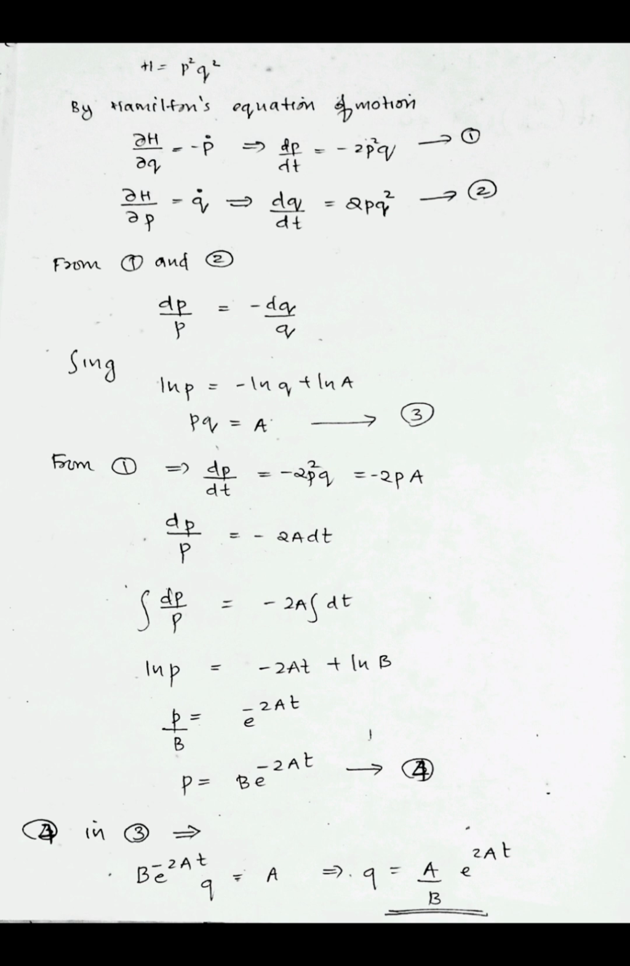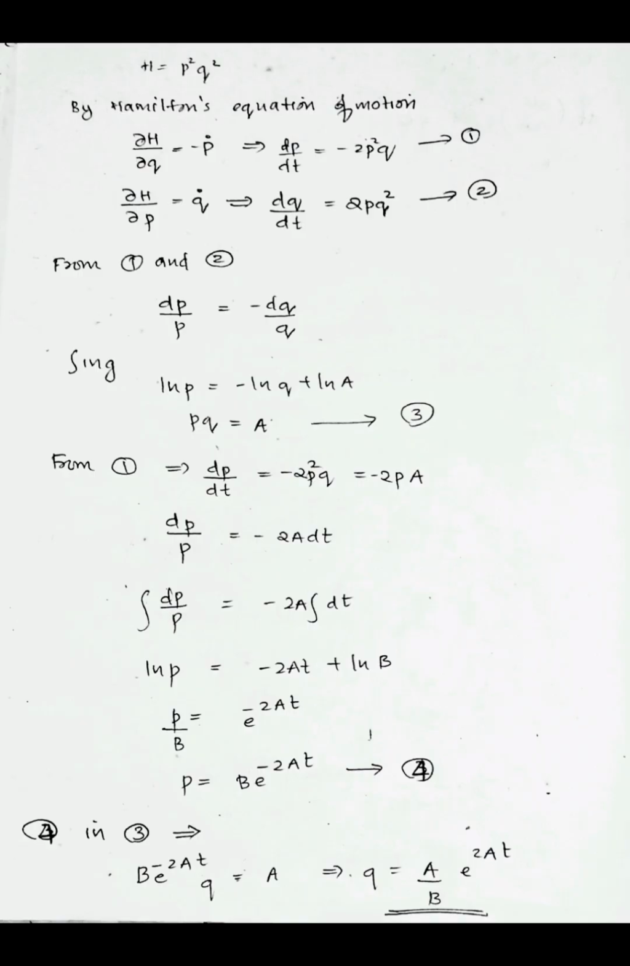Substituting the value of 4 in 3, we get b e raised to minus 2at into q is equal to a. That is q is equal to (a/b) e raised to 2at. So the answer is p is equal to b e raised to minus 2at and q is equal to (a/b)